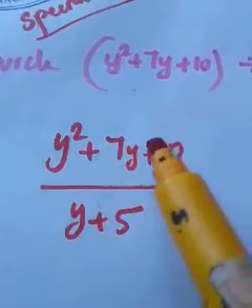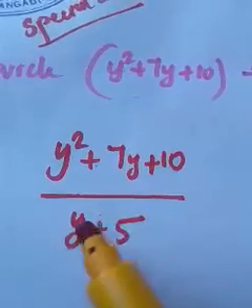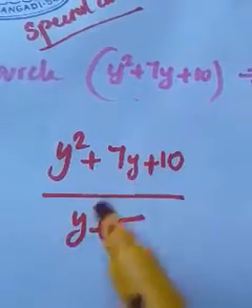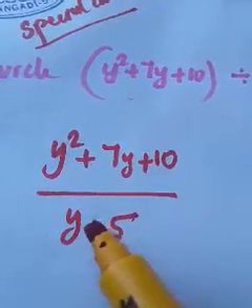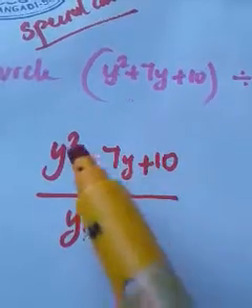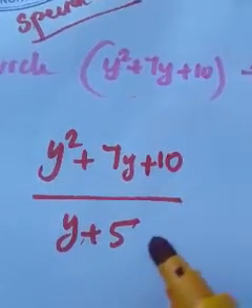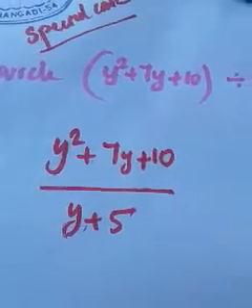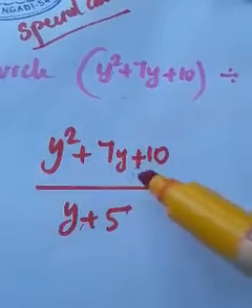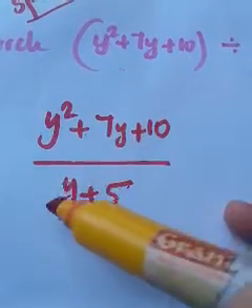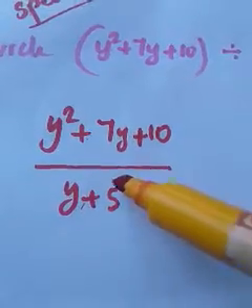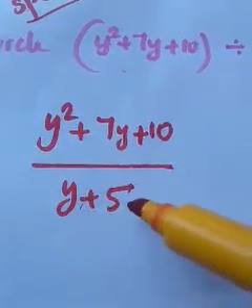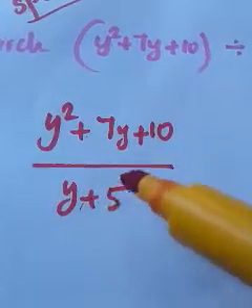If the operation were multiplication instead of addition, then we could cancel. But here we cannot cancel. Can you cancel 5 and 10? No, because here the operation is addition. If it is multiplication, then you can cancel. So in short, we have to go for a different kind of approach. That approach is just like this. Select the numerator, because the denominator is in its simplest form. We cannot factorize or simplify the denominator. So take the numerator and start thinking about the numerator.